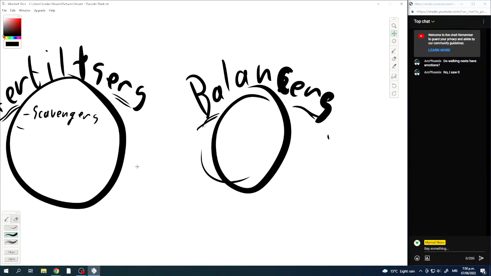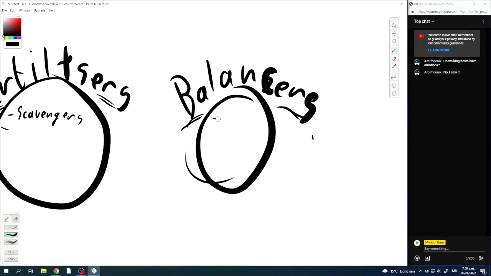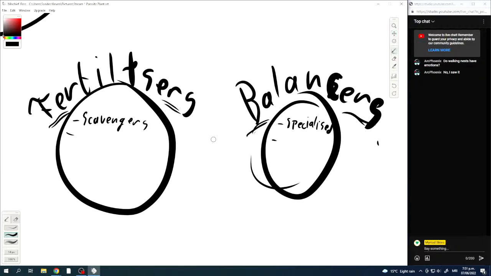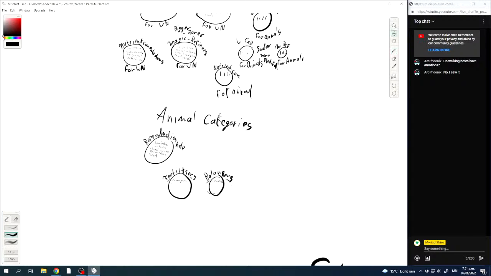I'm not too sure about that one yet. But balancers would generally be specialized. Okay, the animal one's a bit trickier. But yeah, I think that kind of gets the idea across, and I think that actually helps